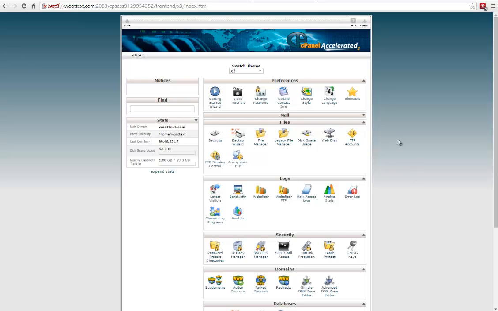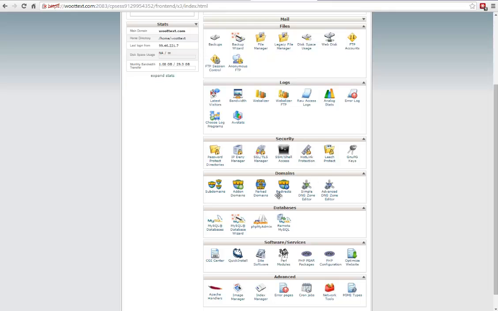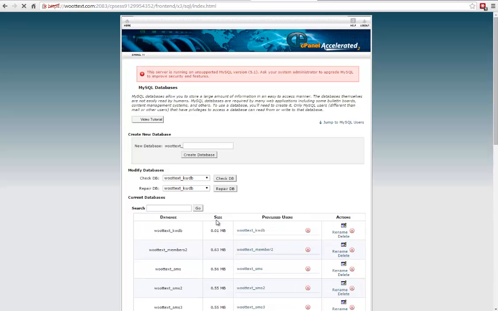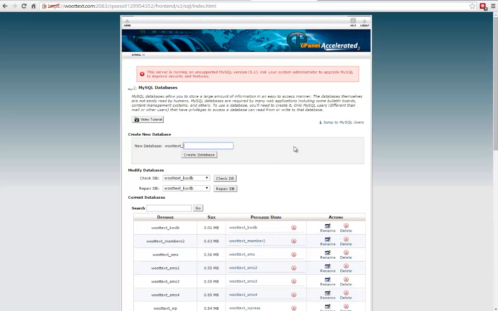Once inside your cPanel, or whatever system you're using, you're going to want to create a database first. So I'm going to go to MySQL Databases, and I'm going to create a database name that kind of describes the system. So I'm going to say SMS, and I see it's already taken, so I'm going to choose something different. So I'm going to say SMS 10. I'm going to create the database,